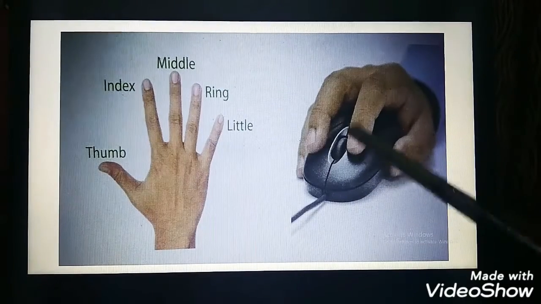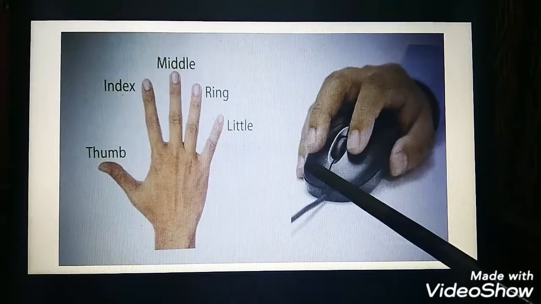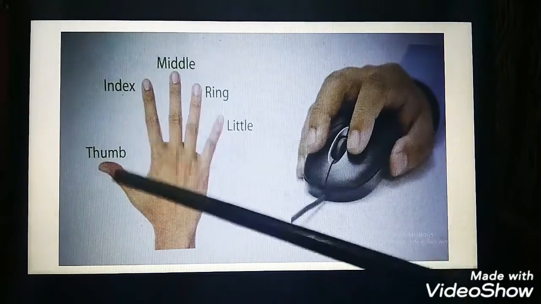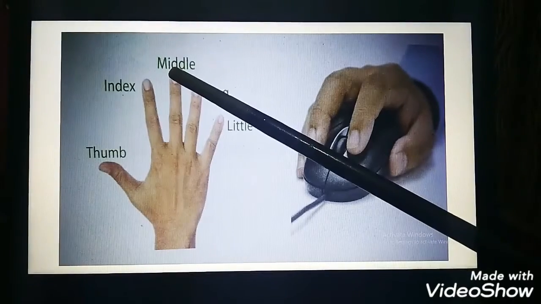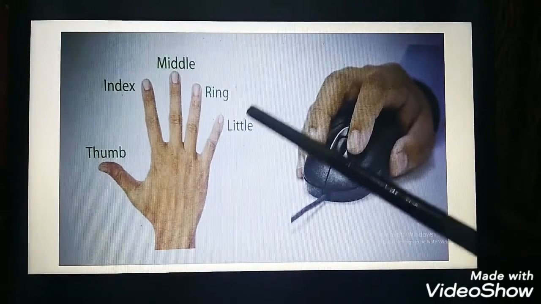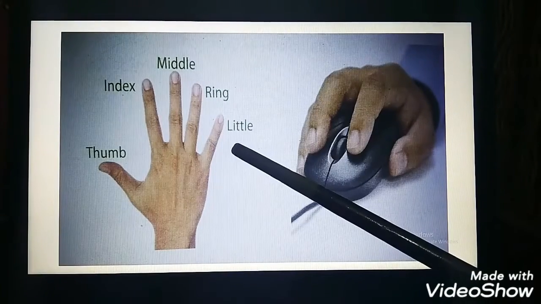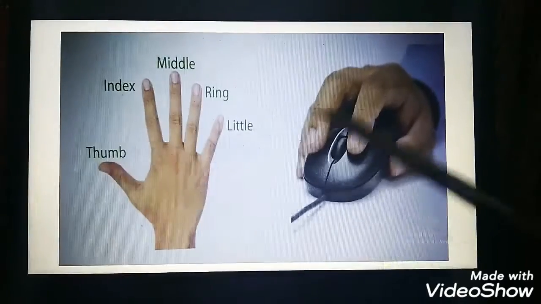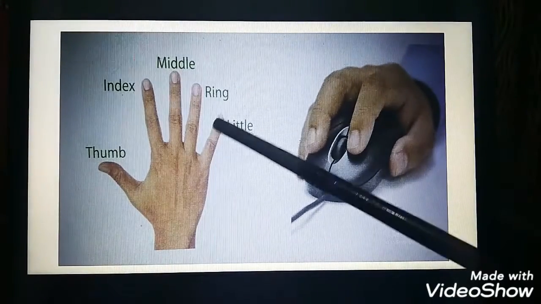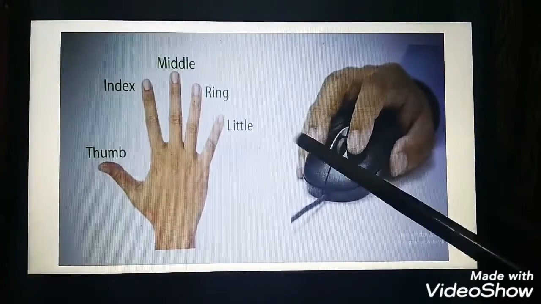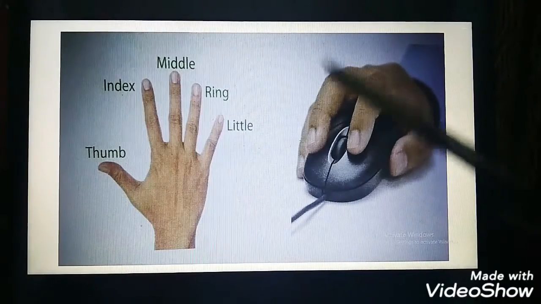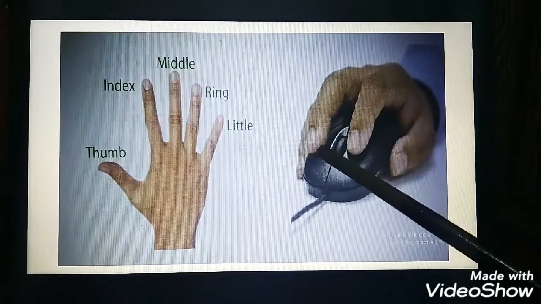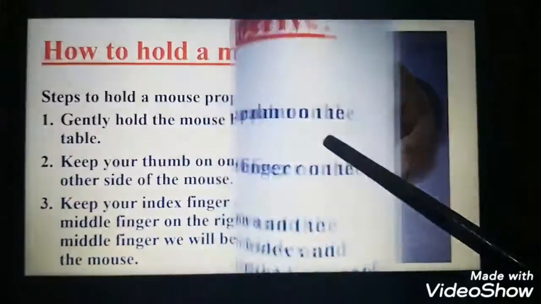This one is thumb, this is index finger, this is middle finger, this is ring finger, and this is little finger. The thumb will be on one side, the little finger and ring finger on the other side, the index finger on the left button and the middle finger on the right button.